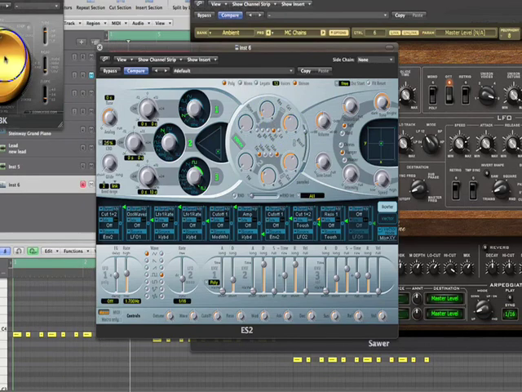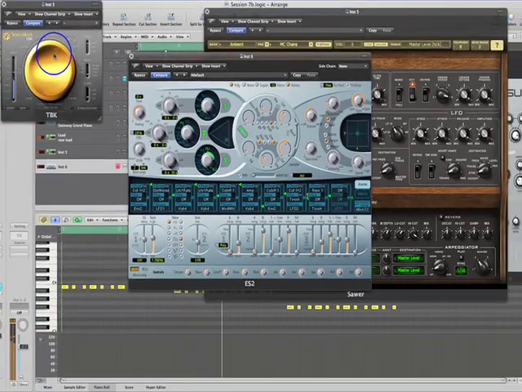I think you have to agree that the ES2 certainly added that top end that the timbre needed.